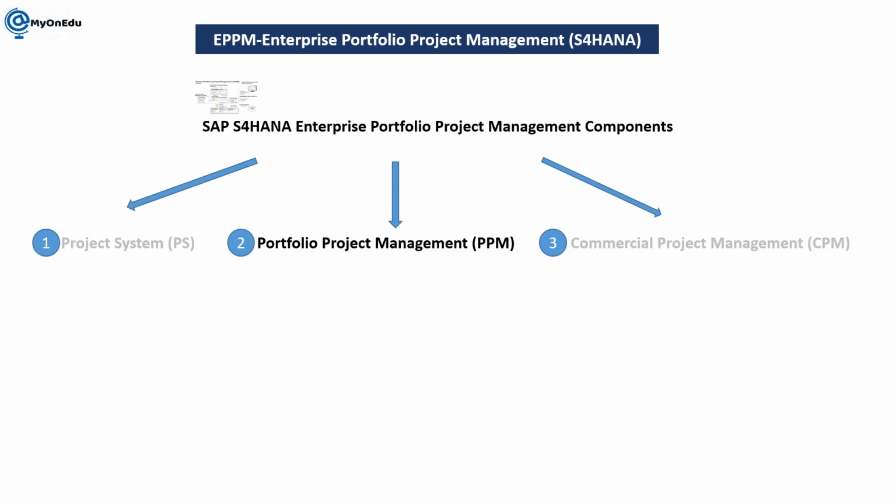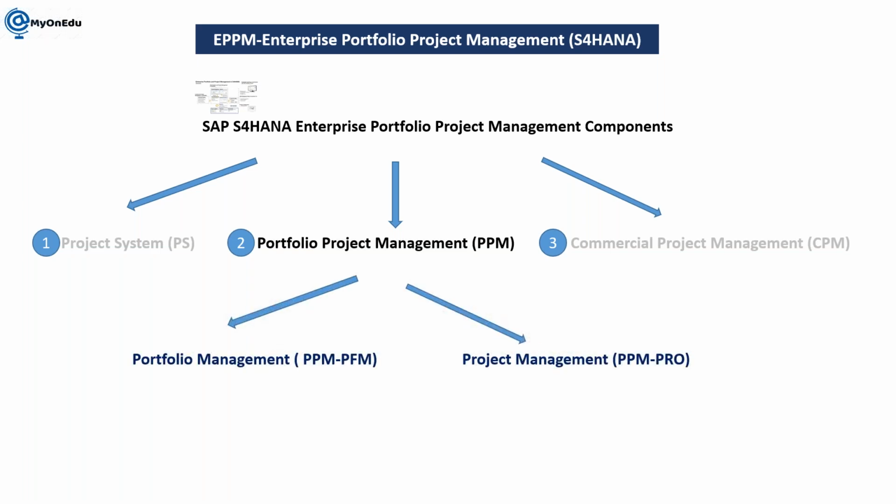Project Management. So Portfolio and Project Management further has 2 subcomponents called Portfolio Management and Project Management. The technical name of the Portfolio Management subcomponent is PPM PFM, and Project Management is PPM PRO. You can see this technical name in some of the documentation in SAP, where it directly refers to